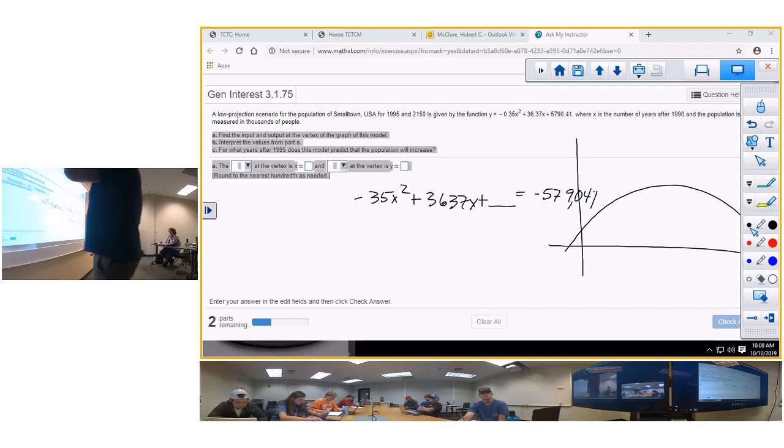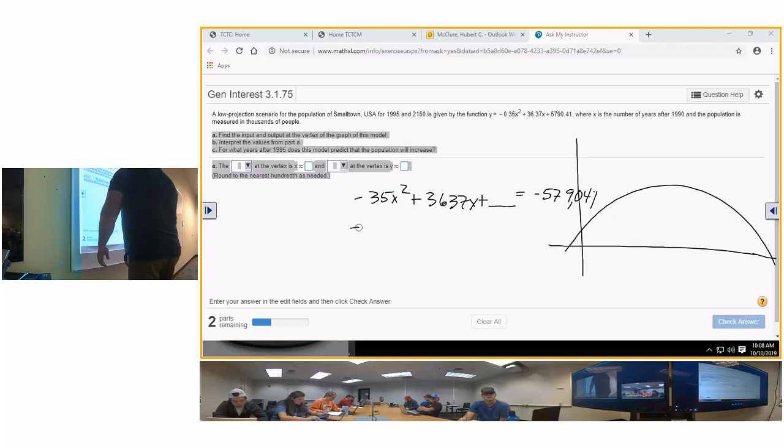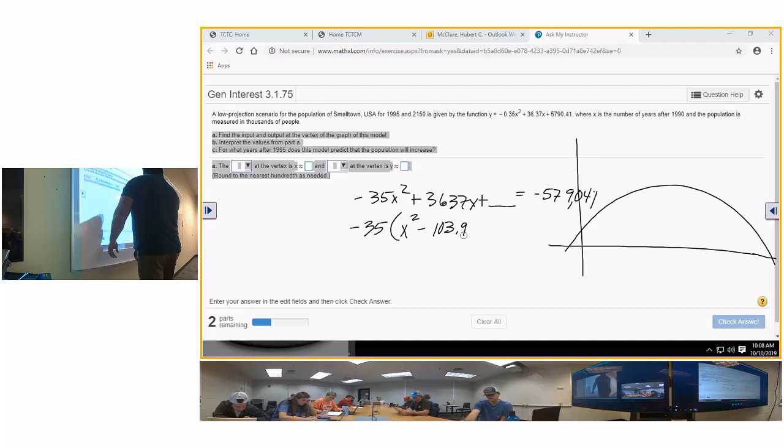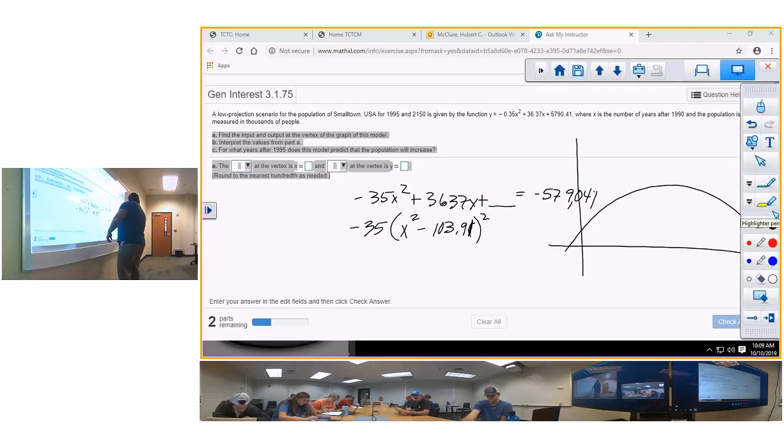All right, so here we go. Factor out negative 35. Somebody divide 36,037 by 35 for me. 1,029. Okay, so that's going to be x squared minus 103.9. Give me 2 digits. 103.91. Okay, quantity squared, I'm sorry. We've got to divide that by 2 and square it. Somebody be doing that for me, not right now, but do it for me. And then plus blank